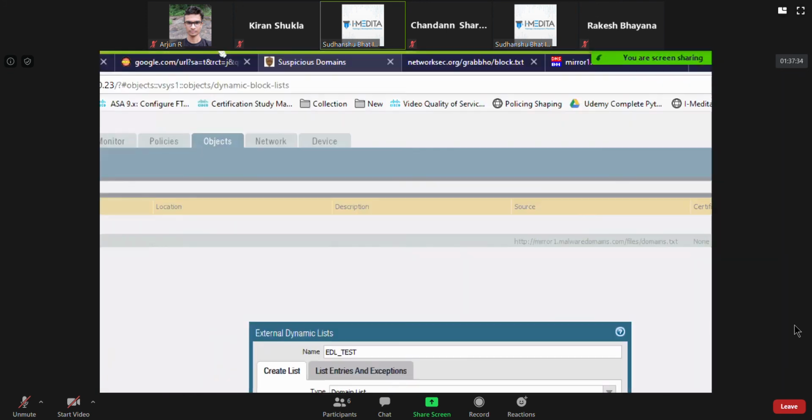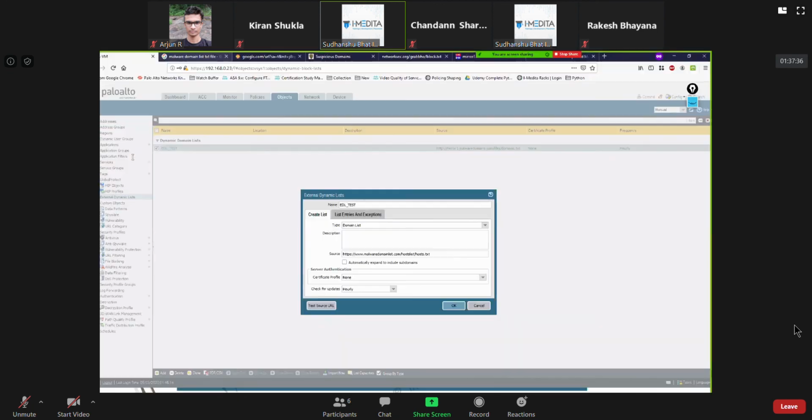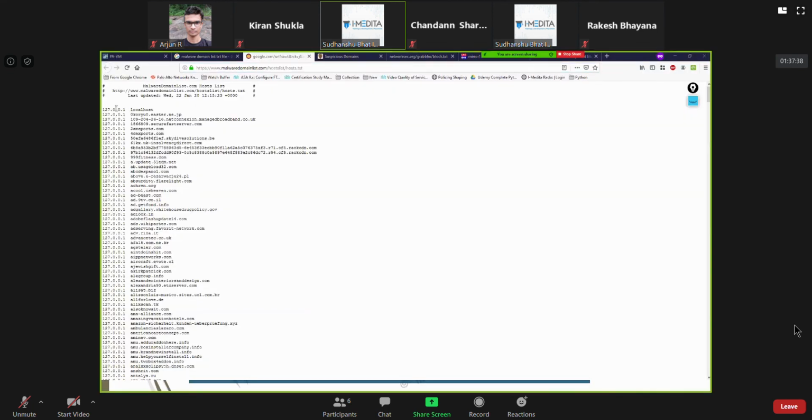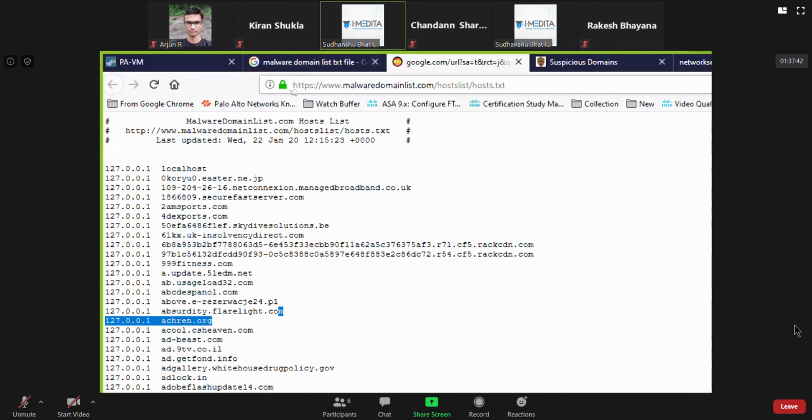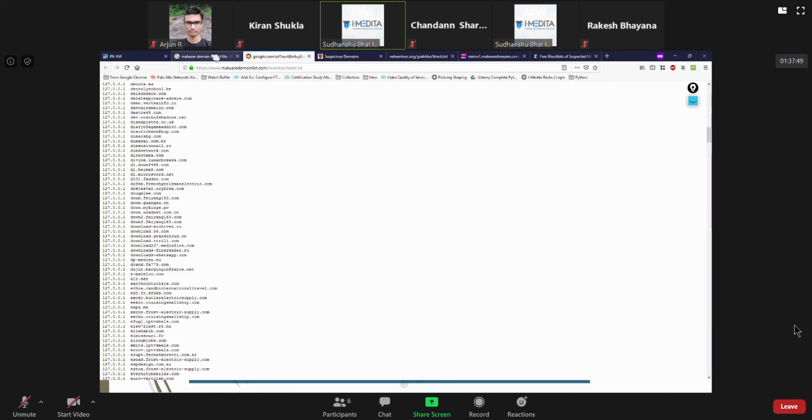A lot of them are in different formats. If you see this, this is a good format for Windows if you update it in the host.txt file, but it's not that good a format for Palo Alto.